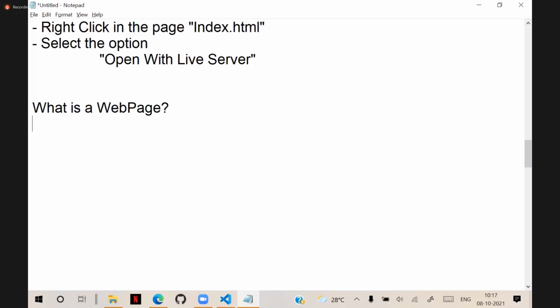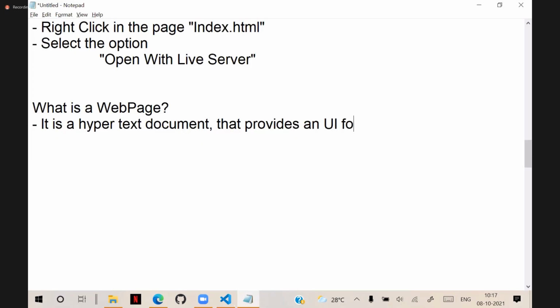For that we need to create a UI, user interface. That means a web page is a hypertext document that provides a UI for interacting with the resources